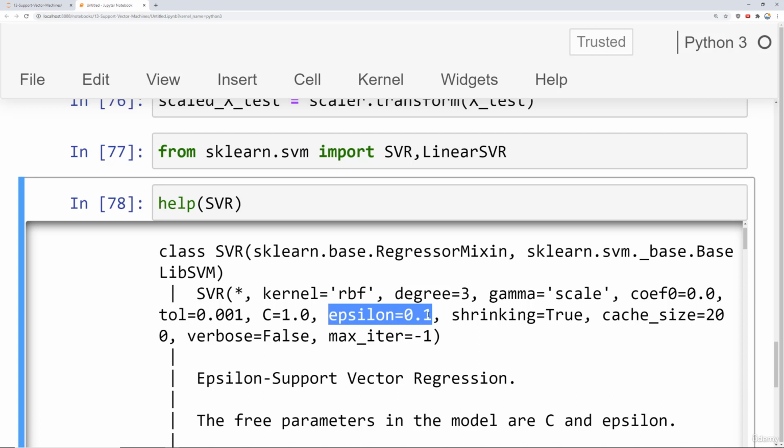It essentially denotes how much error you're willing to allow per training data instance. So if you set epsilon to 0, that means you're saying the maximum allowable error per training data instance is 0. And that could lead to overfitting. So you do want to have usually some sort of positive epsilon value. The default here is 0.1, but it's really hard to have some sort of intuition, especially when you're dealing with kernels in higher feature spaces, and the fact that we have more than just a feature set of 2 features,